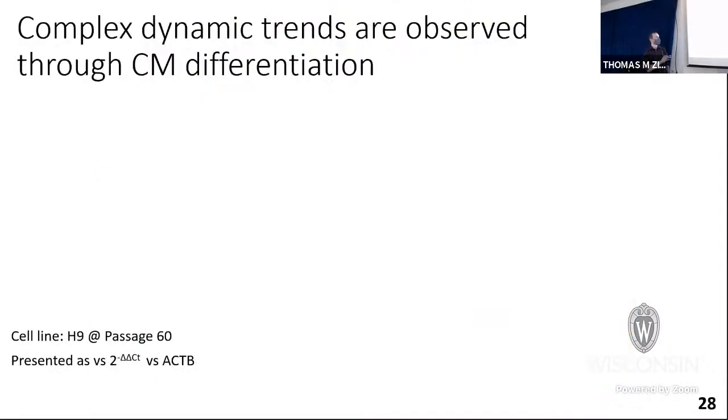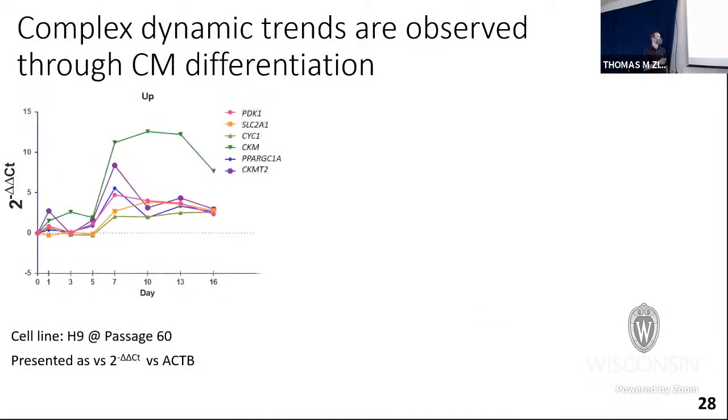I'm not going to go through this in huge detail, but the long story short is we didn't just see a linear increase or linear decrease in these over time. We saw quite dynamic trends throughout the differentiation. On the x-axis is the day of the differentiation. So day 0 is we're a stem cell, and by the end we're a cardiomyocyte. And these are going through those intermediate stages, through mesoderm, cardiac mesoderm, and so on and so forth. And on the y-axis, this is a typical scaled expression level for these different transcripts.